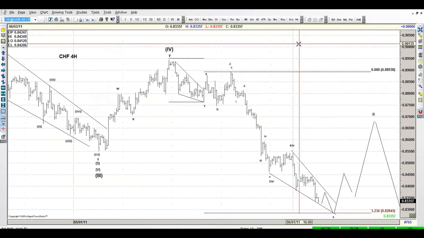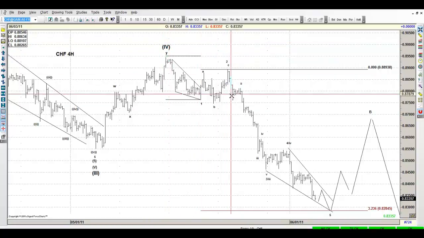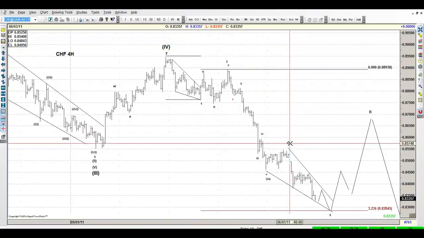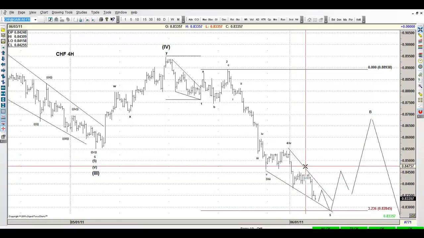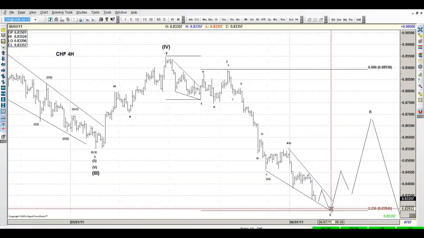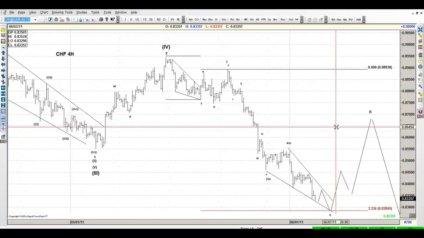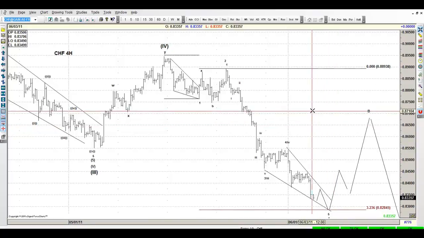this move on the 4-hour looks like it's ending when you got 1, 2, 1, 2, 3, 4, 5, a 4, and then 1, 2, 3, 4, and a 5 to around 82, and then from there we should get a bounce. That's the bounce that we're expecting in the dollar, and that bounce is going to tell us if we are headed for the next leg of dollar weakness or we're going to go dollar bullish. That's the whole thing, guys.